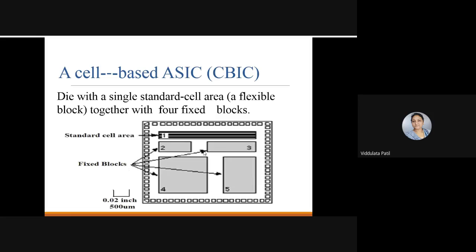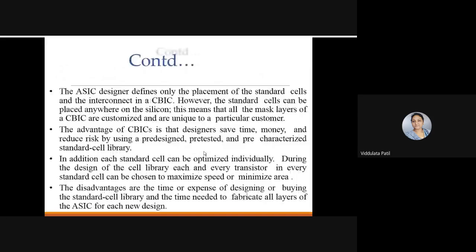The ASIC designer defines only the placement of the standard cells and the interconnect in CBIC. However, the standard cells can be placed wherever on the silicon. This means that all the mask layers of CBIC are customized and are unique to a particular customer. The advantage of CBIC is that designers save time, money, and they also reduce risk by using a pre-designed or